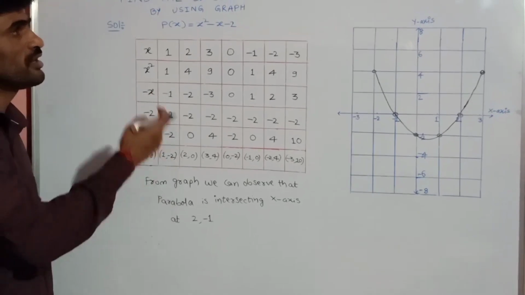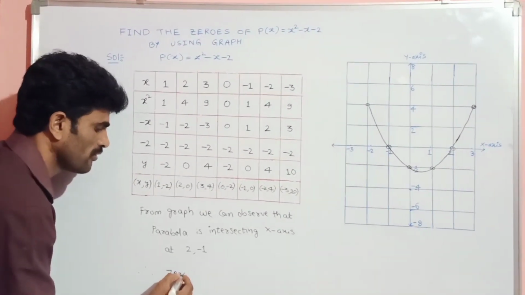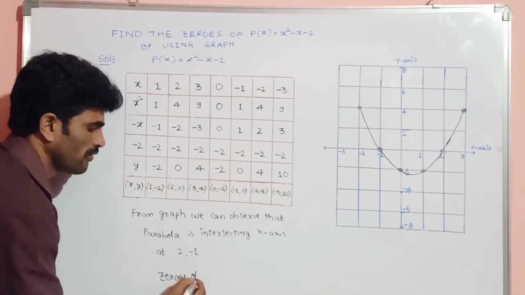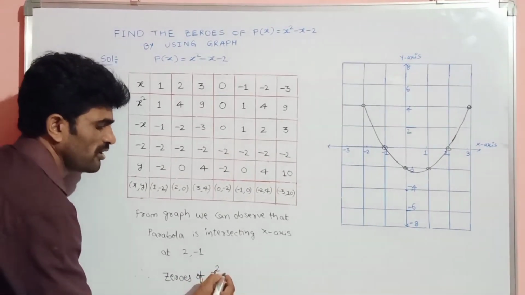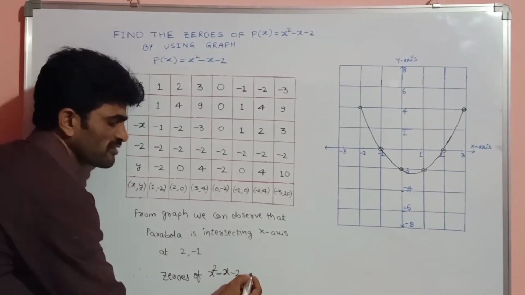Therefore the zeros of the quadratic polynomial x square minus x minus 2 are